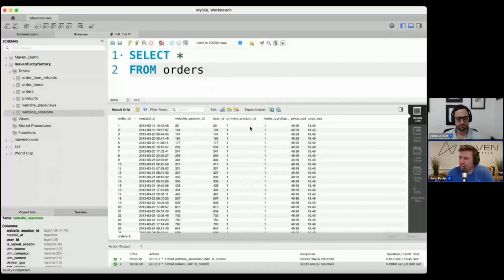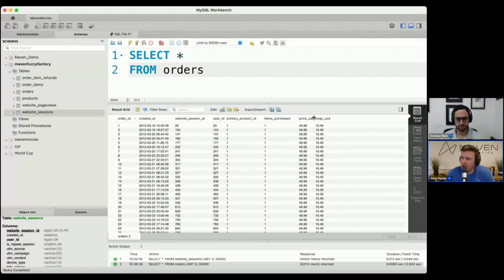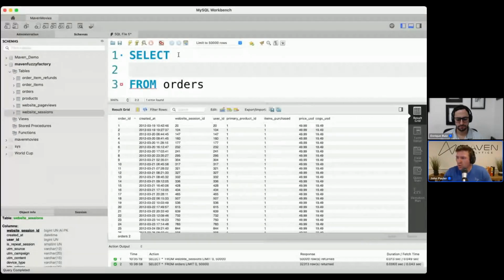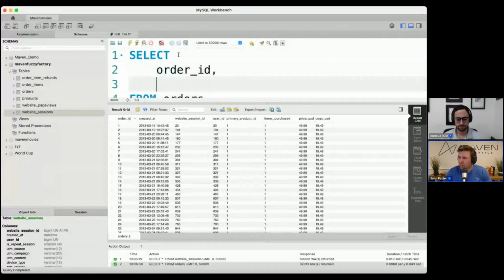And then they've got the product that somebody purchased, the number of items that they purchased, how much they spent in USD, and the cost of goods sold in USD. So here, the select statement that we have is just a very simple select star, and star means select all columns.